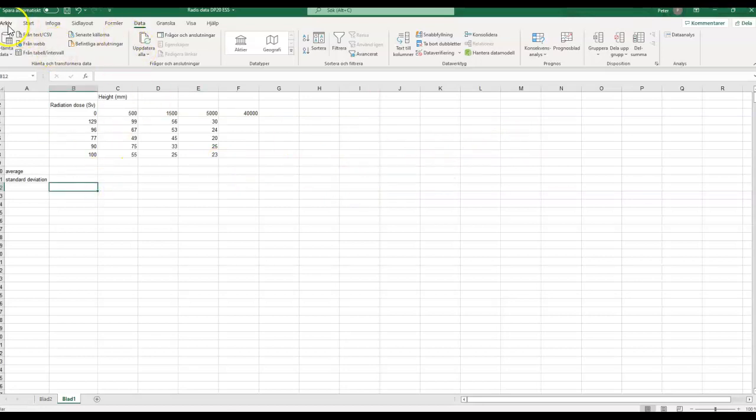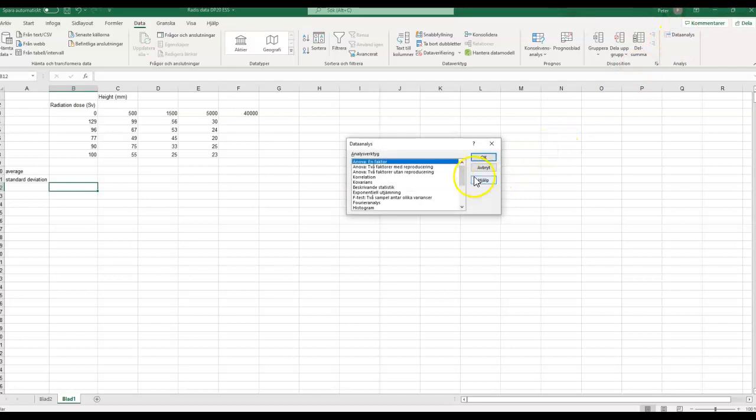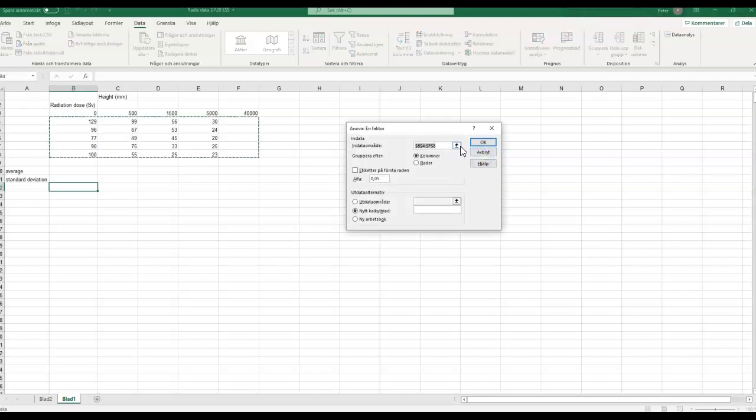As in Excel, we have to have the analysis tool pack installed, and there's another video about that if you don't have that installed yet. But anyways, if we're going to do the test, we go to data, make sure that the data tab is clicked here, so the toolbar changes. If you have the analysis tool pack installed, you will find this button up here, data analysis. Note that I have this in Swedish now, so sorry. If you click that, you get these different tests you can use. At the top, we have the one-factor ANOVA, and that's the one we're going to use now. It's also called the one-way ANOVA. If I click OK on that, I'll get